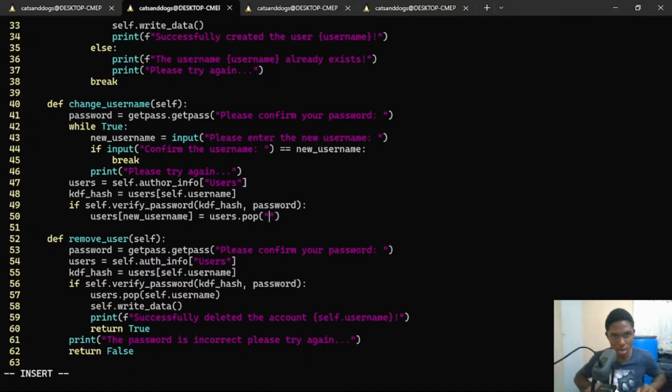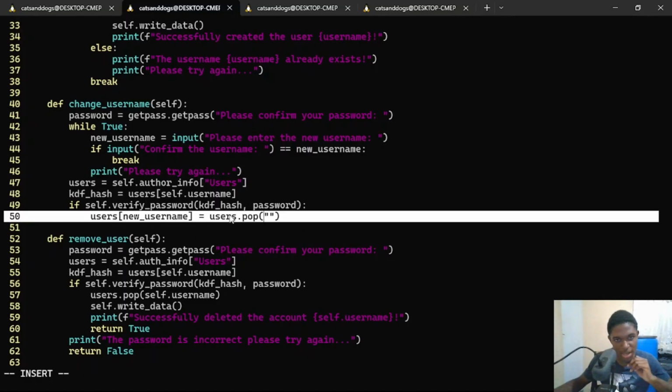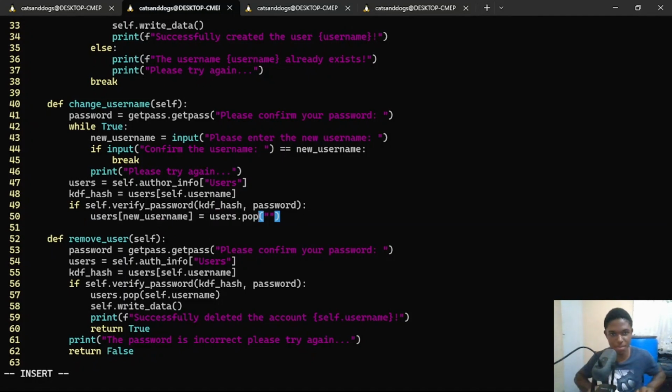So we'll simply pop the old key, meaning we'll delete the old user, but users.pop will return the old value of that old key. So then we'll assign the new username as a key with the old value of the old username, right? So users.pop, and then we'll simply do self.username,